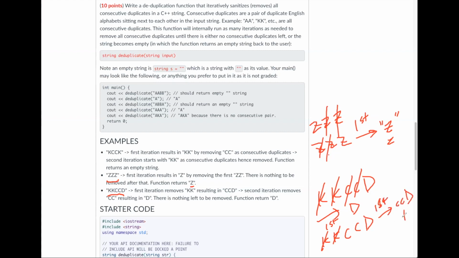Does it make sense? And CCD is going to be D, right? Because C and C could be eliminated. So it depends on what your logic is, right? Your logic could be this one, where it basically just goes through, blanket style,